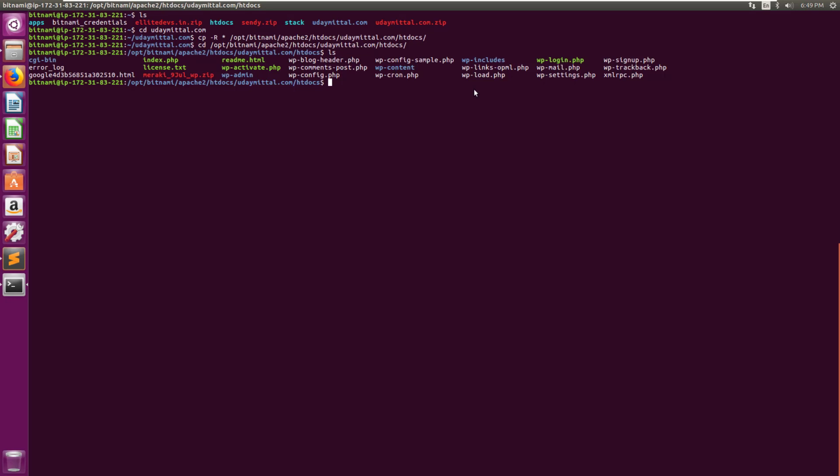Our next step is to upload the database to our AWS EC2 instance. Now Bitnami AMI instances do not provide access to phpMyAdmin over the internet. You can only access phpMyAdmin via localhost. Now in order to access phpMyAdmin on a Bitnami instance, you'll need to create a SSH tunnel. To do that, we'll first exit from this connection